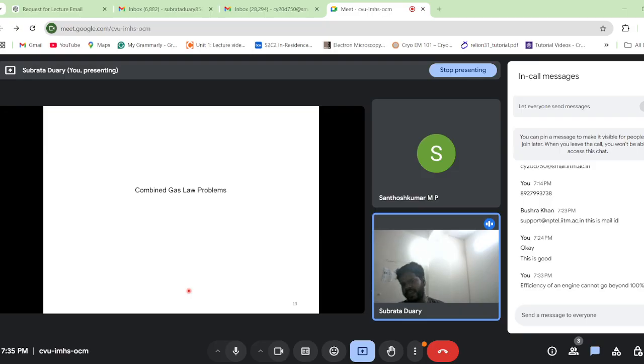Now, the combined gas law problem. So we know PV equals nRT. From there we have to calculate this. If you are given a variable from one set of parameters, we need to calculate the variable from the other parameters. So in this case of combined gas law problems,